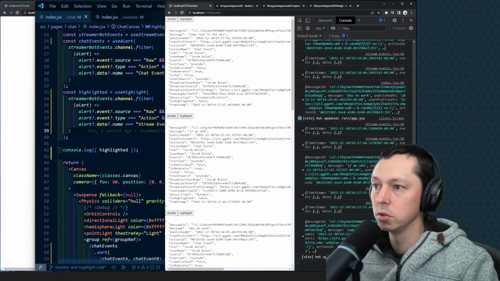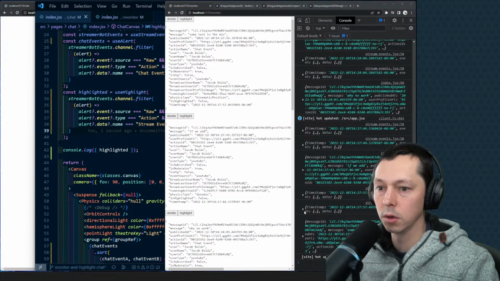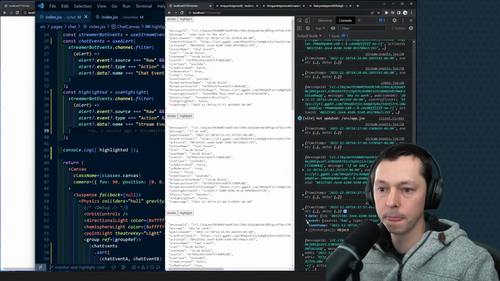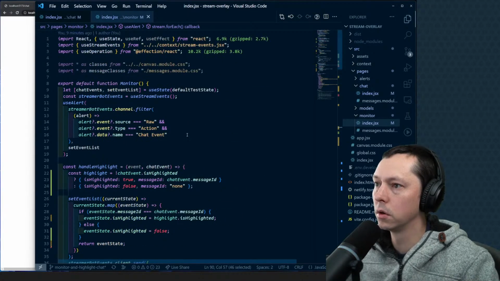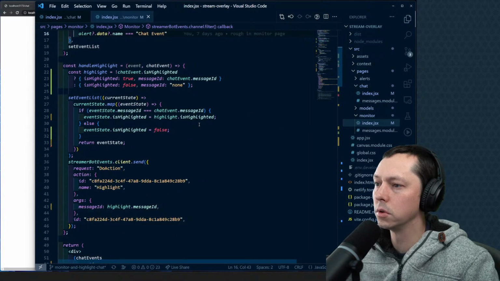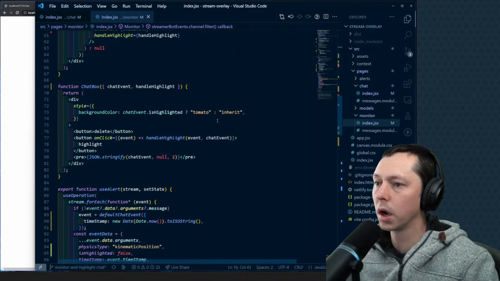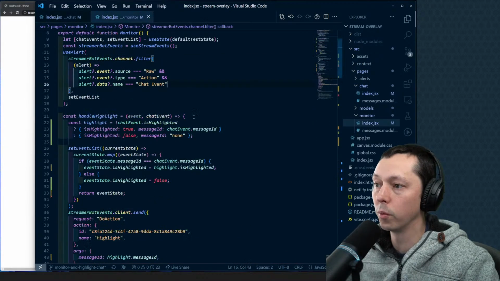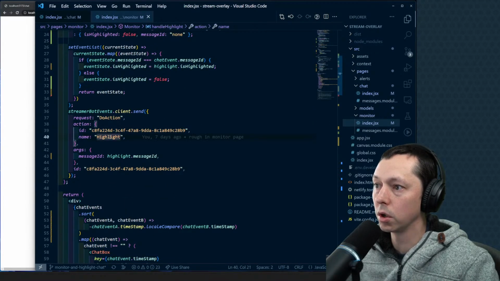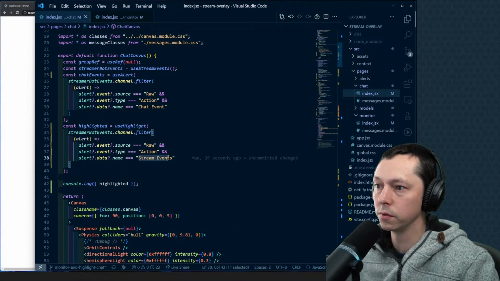So by using this, we can say we want it to be the raw action. What do we actually have? Do we have that turned on here? Chat event. Yeah, so this is listening for chat events. It's not listening for highlights because it's doing the highlighting. It doesn't care about the highlights. But what we're doing is we're firing off an action called highlight. So here, the highlighted should only listen for